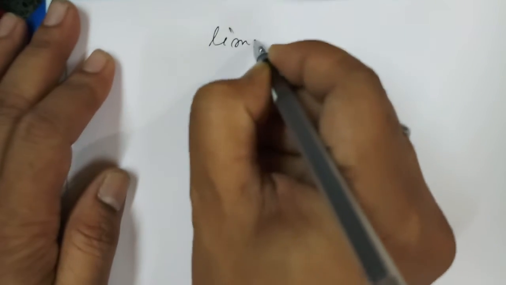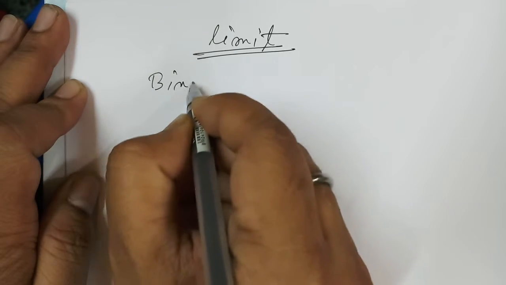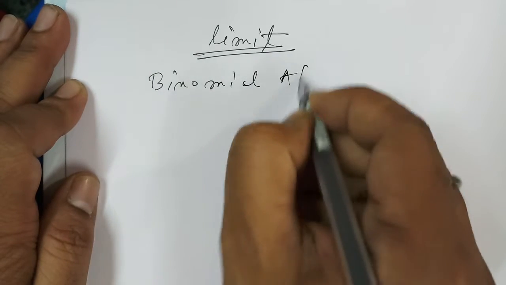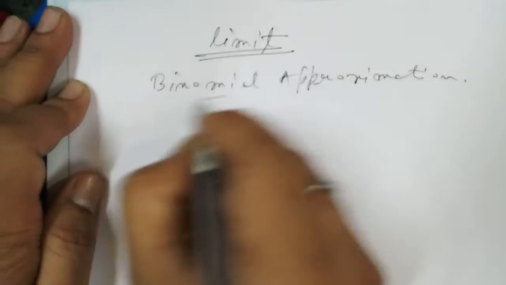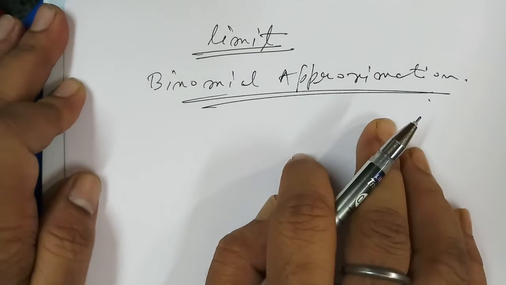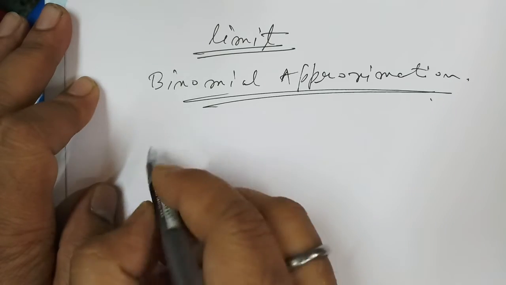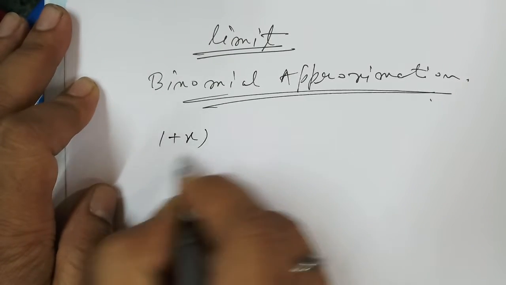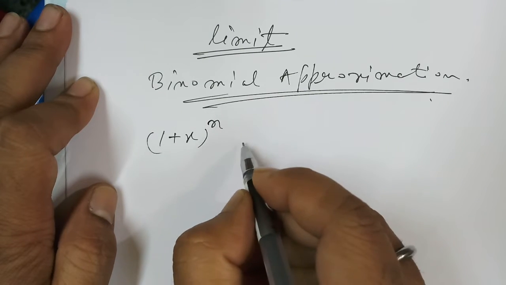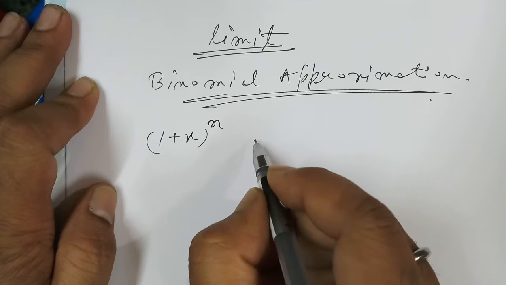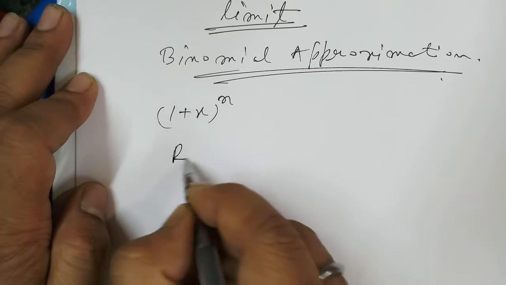Limit, binomial approximation. It's very important for a shortcut method, a tricky method. (1 plus x) whole to the power n can be used with the binomial theory. Remember,